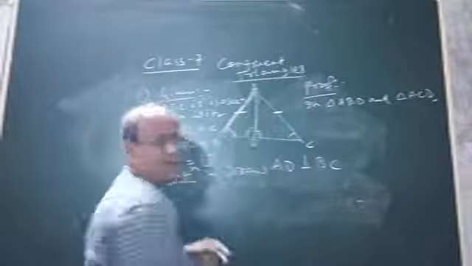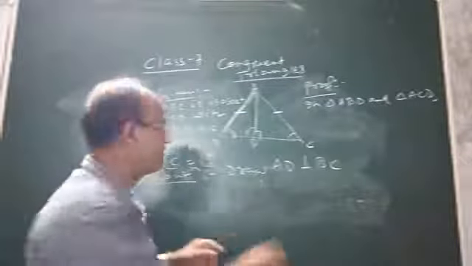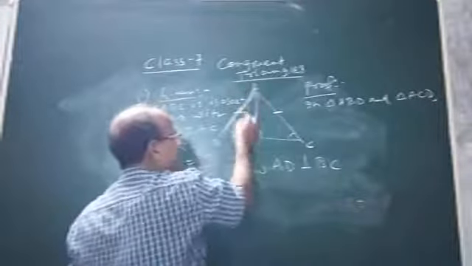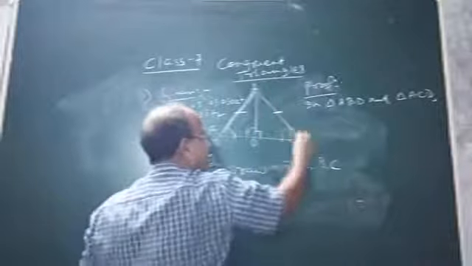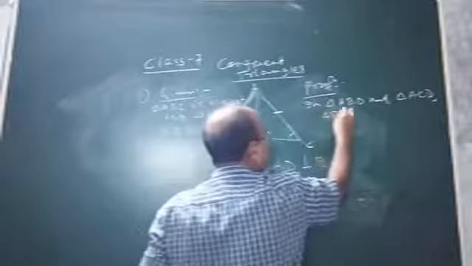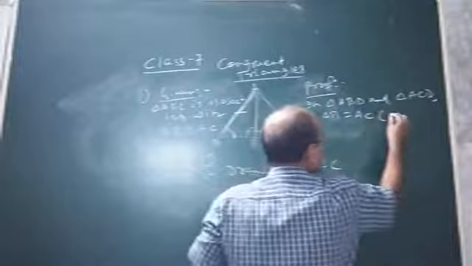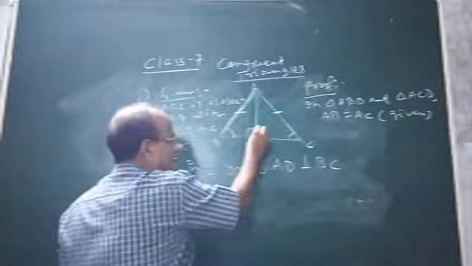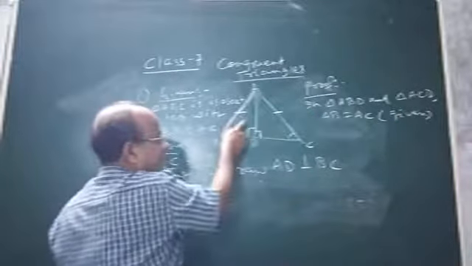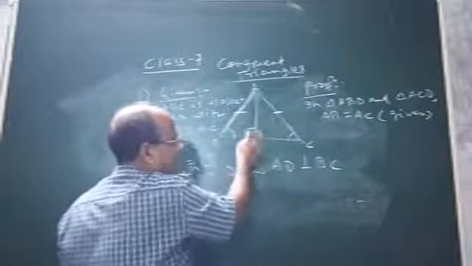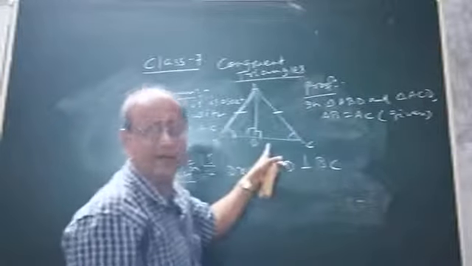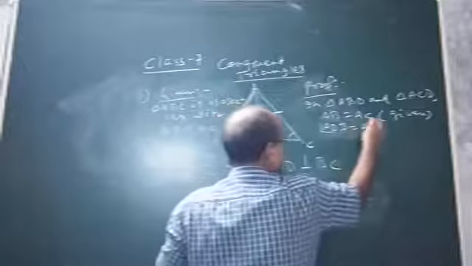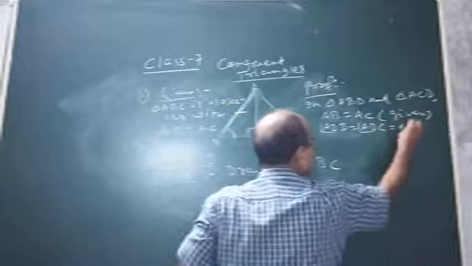Now let us find out the 3 matching parts present in the two triangles, giving reason. See, as we are considering triangle ABD and ACD, AB is one part of this triangle, AC is one part of the other triangle, and clearly we are given AB equal to AC. So write down AB equal to AC, it is given. Now look at this angle and this angle. Angle ADB is present in this triangle and angle ADC is present in the other triangle, and each one of them is how much? 90 degrees. That means they are equal. So we can say angle ADB equal to angle ADC. Both are 90 degrees by construction.